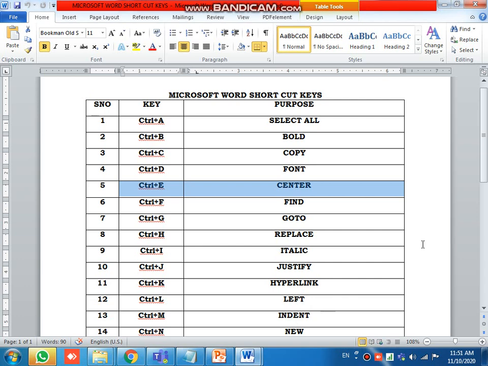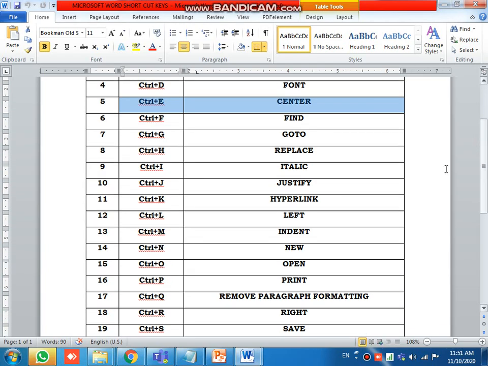Left alignment I will show. Indent means if you want to set the correct order where you have to type, this is used. Okay, now control